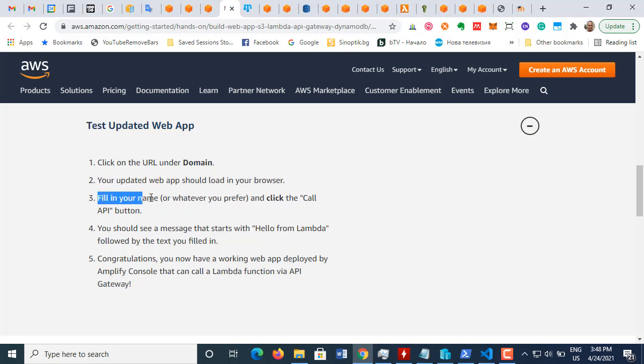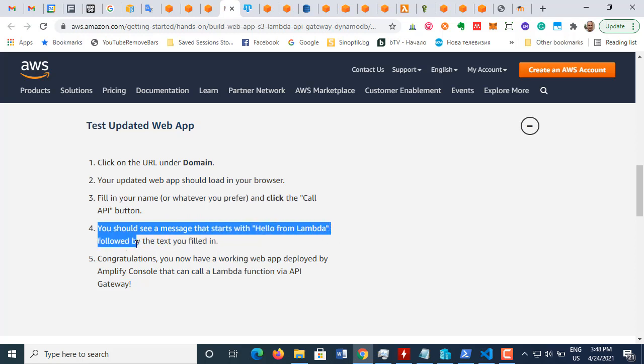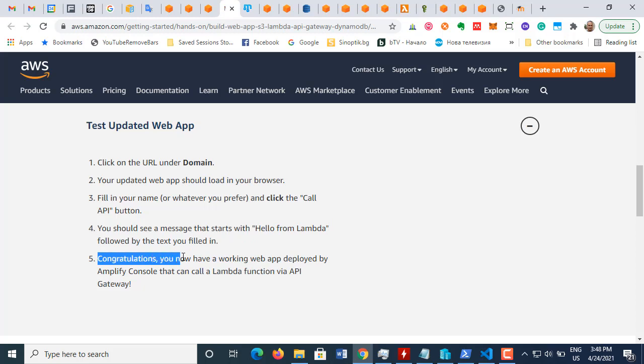Fill in your name or whatever you prefer and click the Call API button. You should see a message that starts with hello from Lambda followed by the text you filled in. Congratulations. You now have a working web app deployed by Amplify console that can call a Lambda function via API,